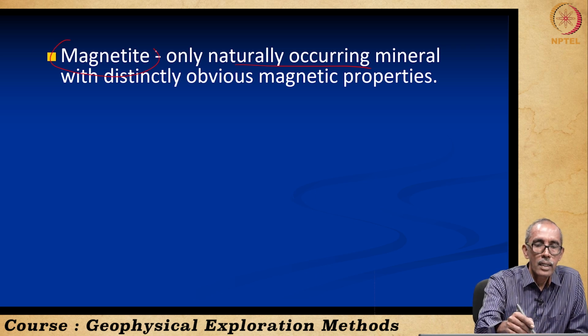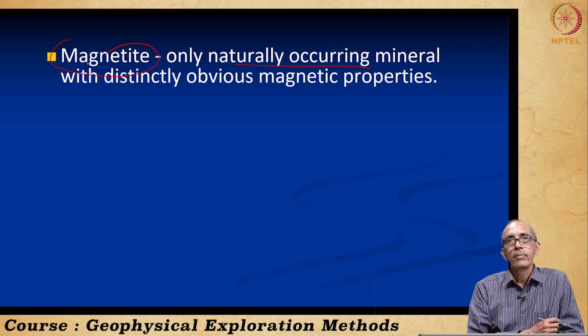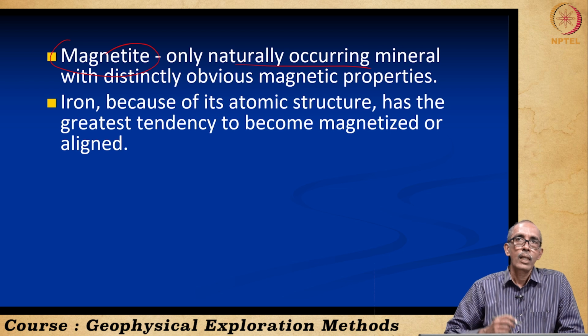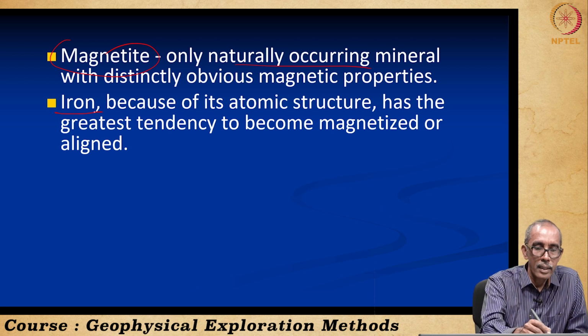Magnetite is one of the minerals, or in fact the only mineral, having obvious magnetic properties. Then iron,